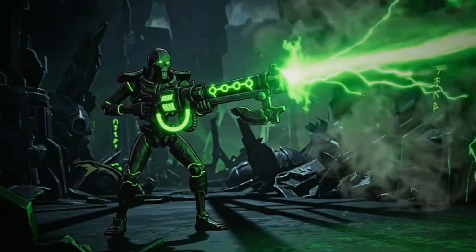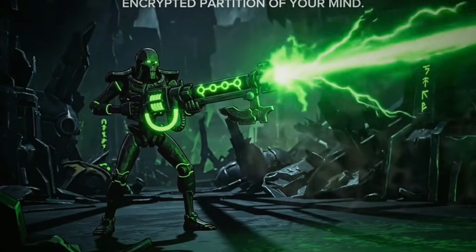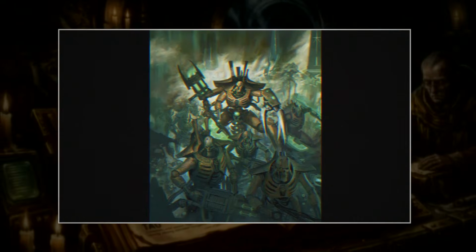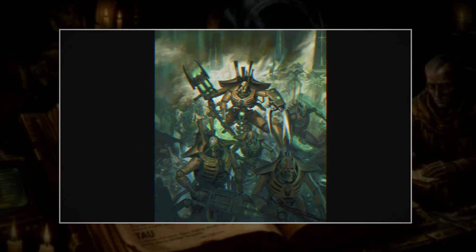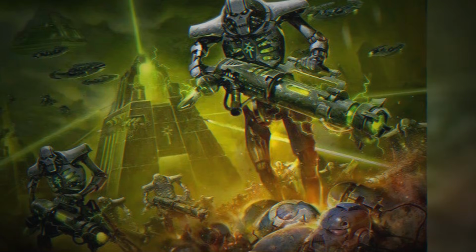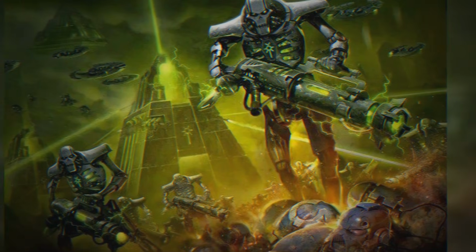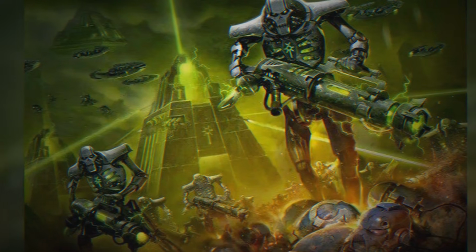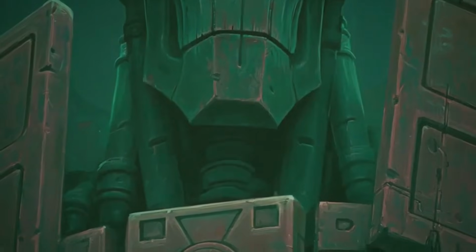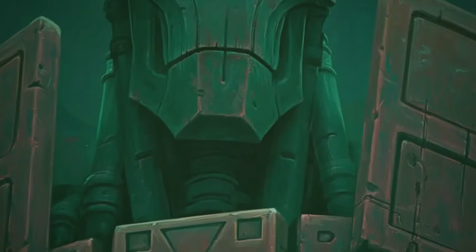Their reemergence was piecemeal at first, isolated incidents of tomb worlds activating and annihilating unsuspecting imperial settlements. But as more and more Necron dynasties awoke, the true scale of their threat became apparent. Their advanced weaponry, self-repairing bodies, and implacable nature made them a terrifying foe, one that the Imperium, already stretched thin, was ill-equipped to confront. The Necrons represented a cold, calculating threat, devoid of emotion or mercy, driven solely by the desire to restore their ancient dominion.